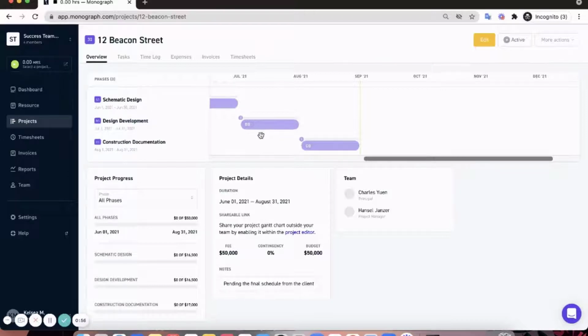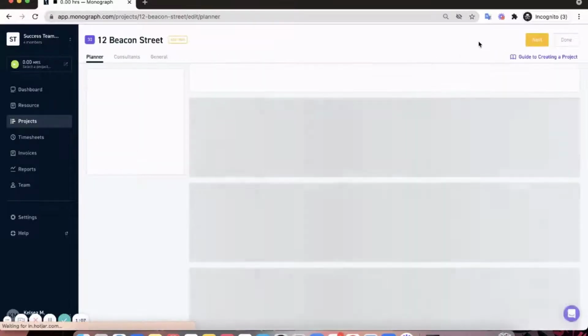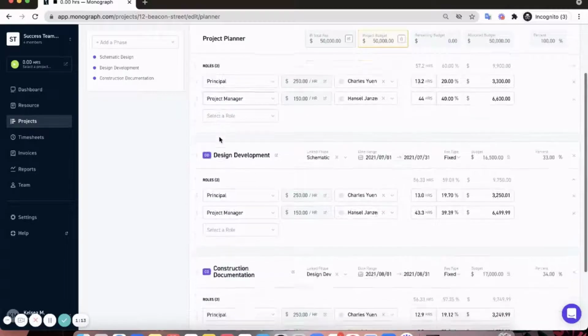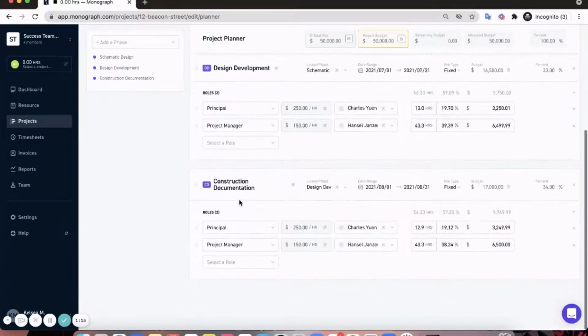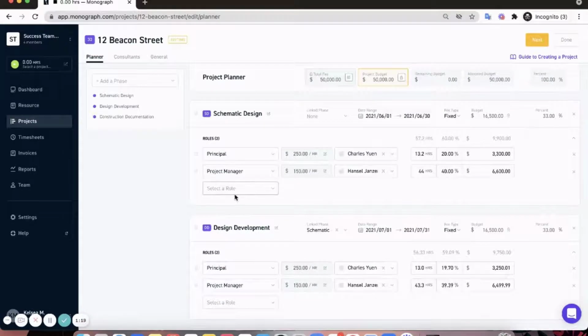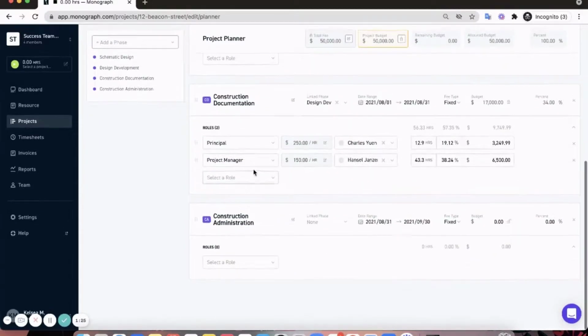But before we're able to build, we first need to edit the dates of our phases and assign the project to the team. Click on the edit button to open up the planner. First, we can see that we currently have 3 existing phases: schematic design, design development, and construction documentation. We know that we need to add construction administration, so click in the drop-down menu to add it from here. We can see that it's been populated at the bottom, so now we need to go back and edit our